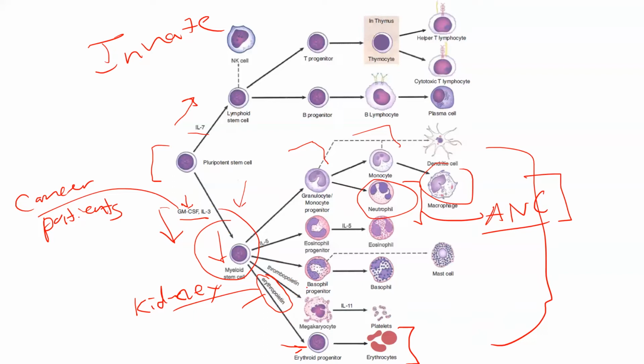Thrombopoietin, you don't need to know where it comes from. Just know that it's similar to the erythropoietin, but it would promote the production of platelets. For basophils, what are basophils for? Allergic reactions. They are for allergic reactions, and they are important for killing bacteria and different things that are opsonized